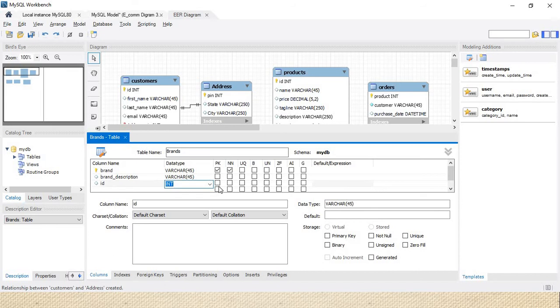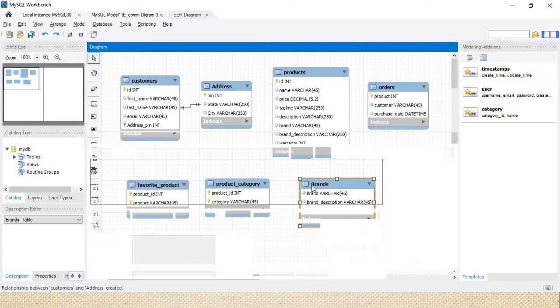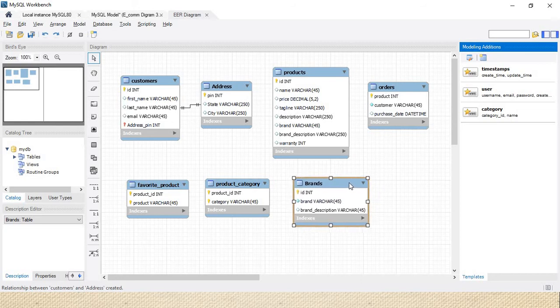This one is my primary key, and I will remove the primary key from the other side. Right now I have created that ID. I will drag it and place it outside.